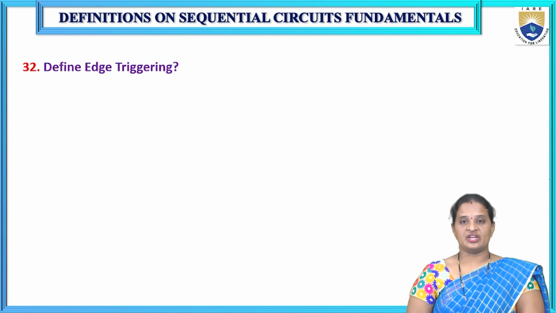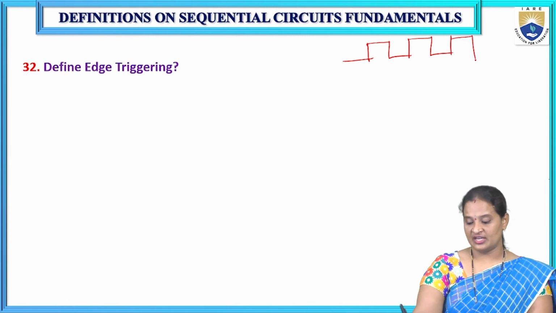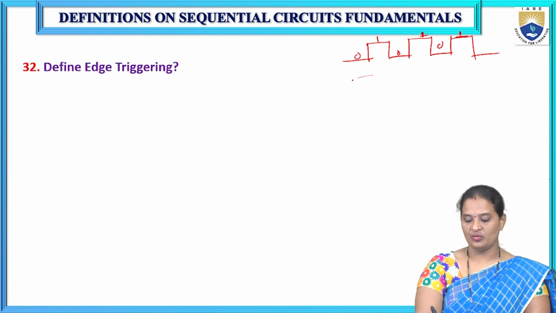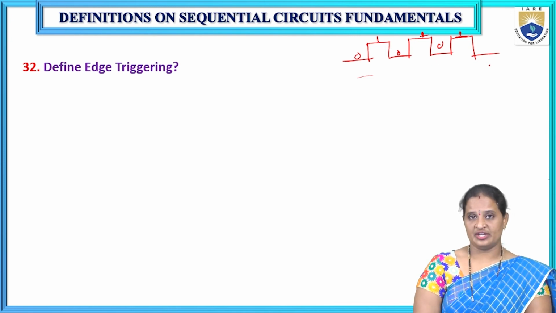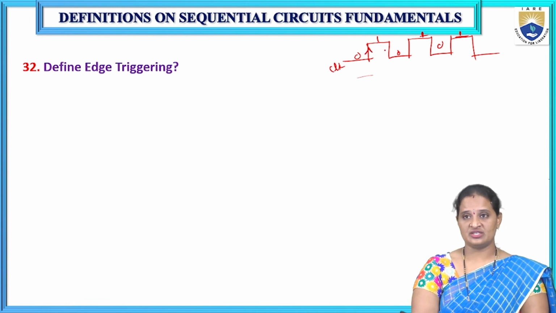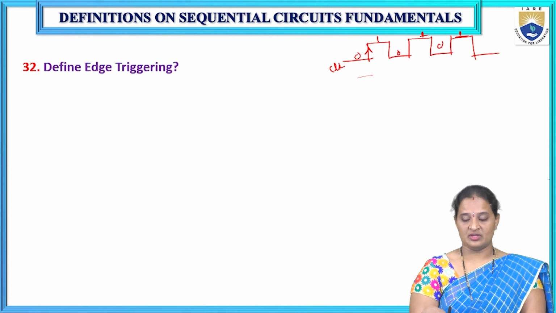Now coming to edge triggering. What do you mean by edge triggering? Let us take a timing waveform here, 0 1 0 1 0 1. Here I want to explain edge triggering. Edge triggering means, this is the clock signal, and the flip-flop changes its state only at the edges of the clock signal. The edges may be either a positive edge or rising edge, and